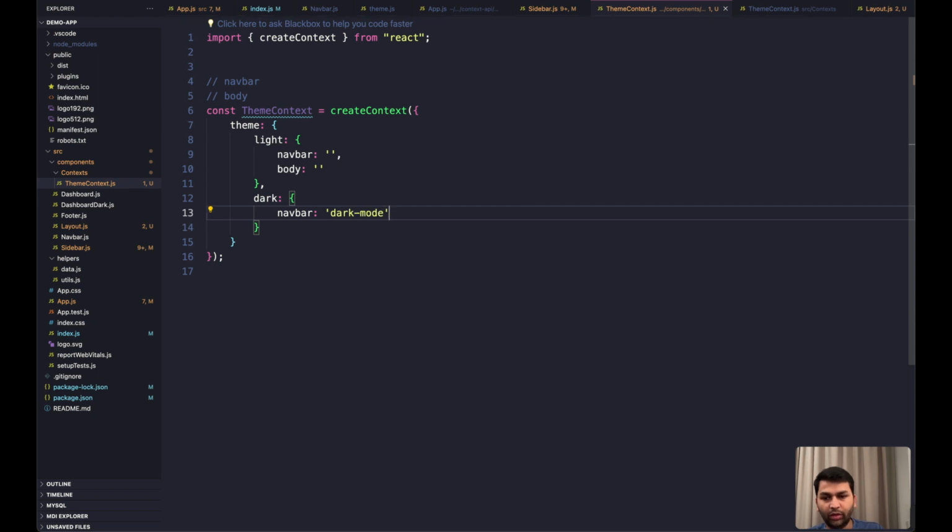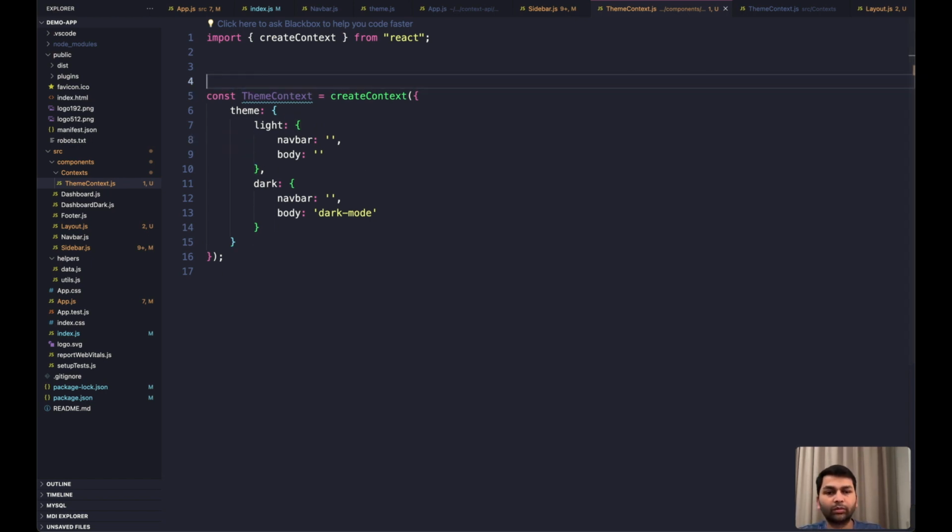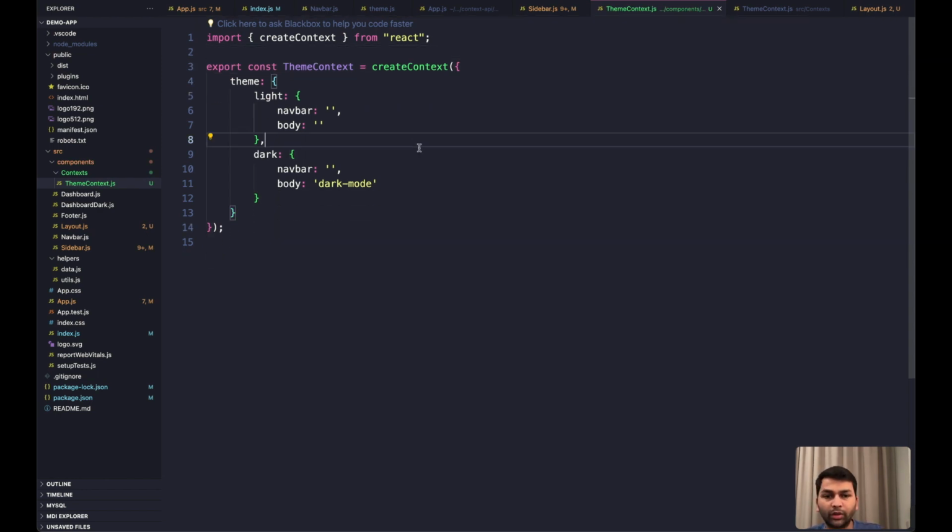I think in here is the dark mode, probably, if I'm not mistaken, but in the body, or maybe it's in the body, it's dark mode. Okay, so that's that. And right, yeah, we will just export this, export theme context, and